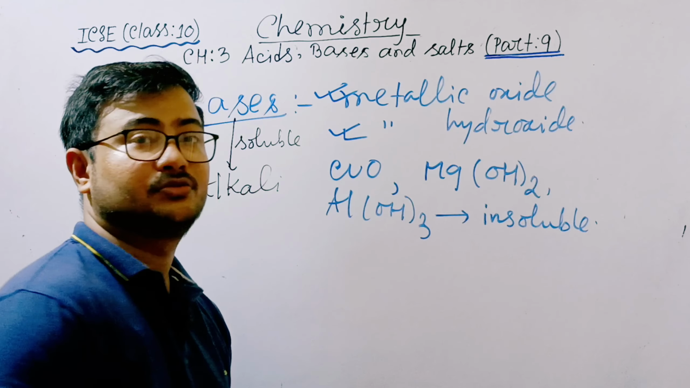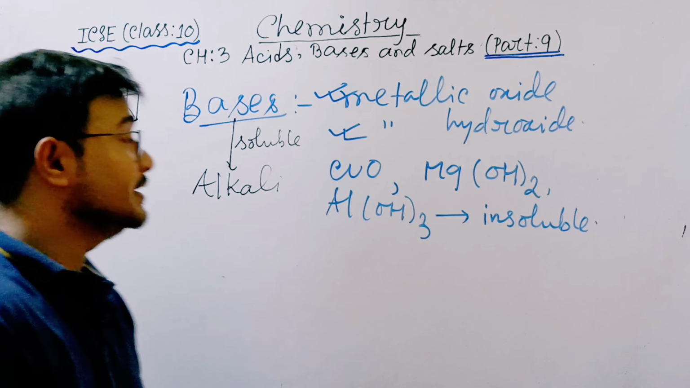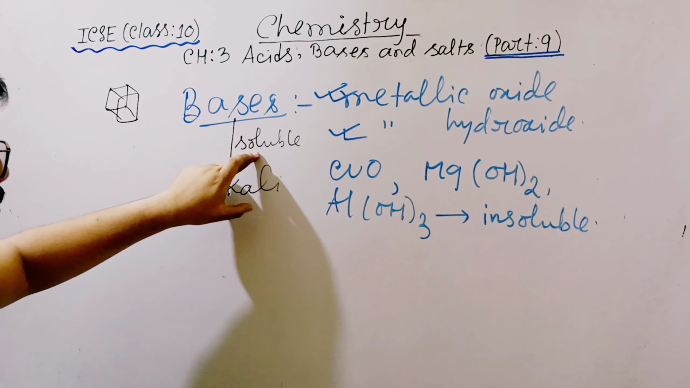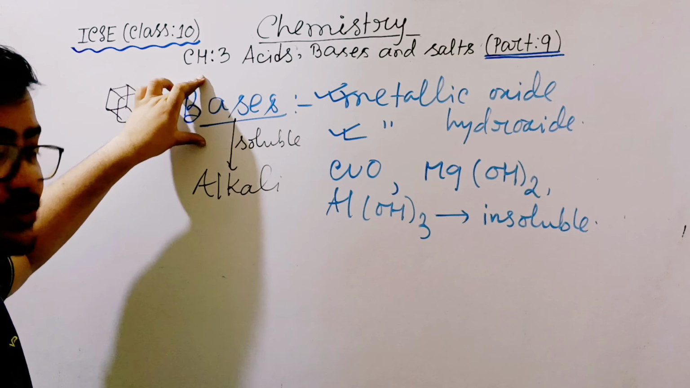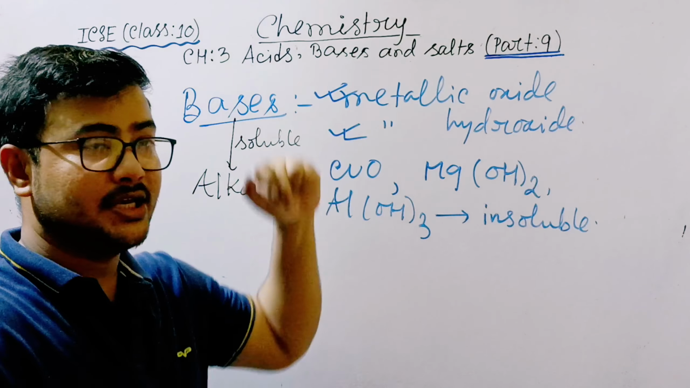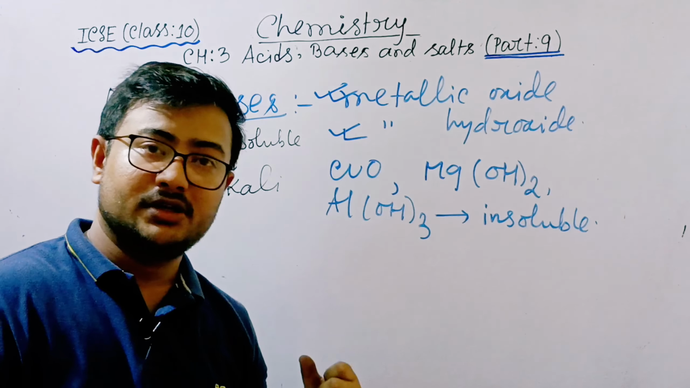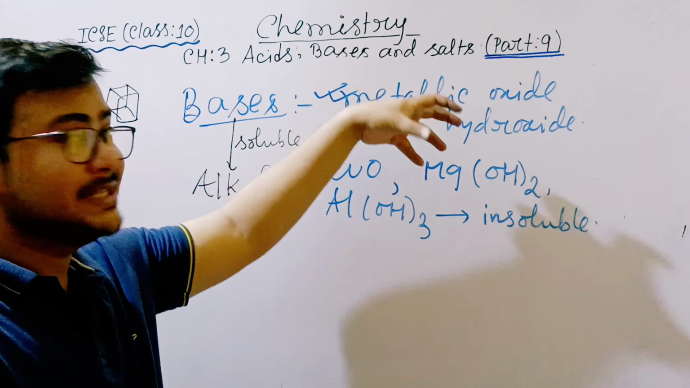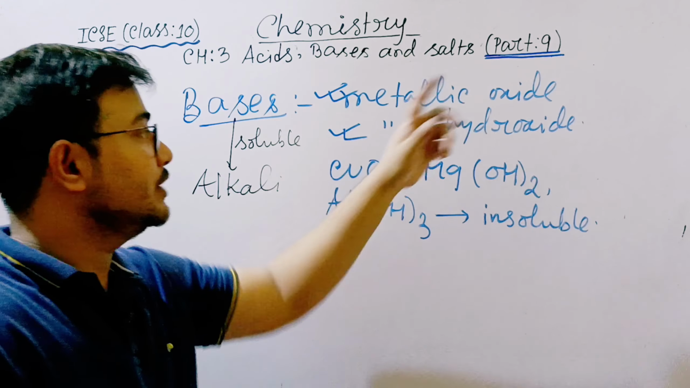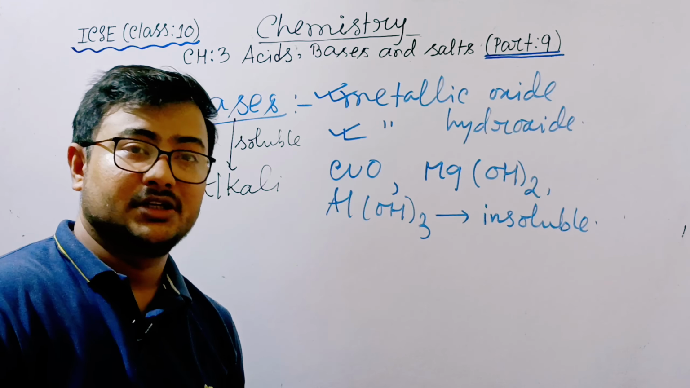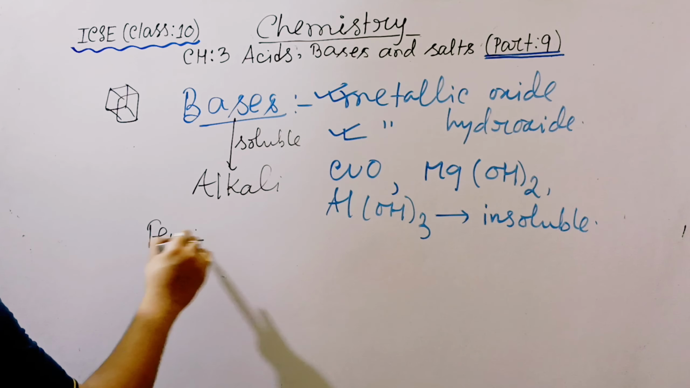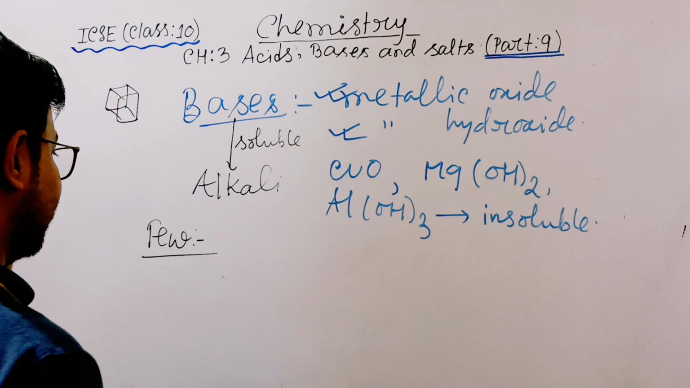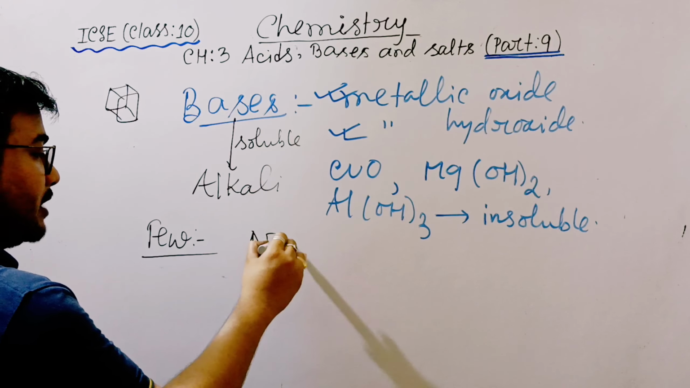So we have a problem. Again, a base, if soluble, is called an alkali. In the definition of base, we already have the words metallic oxide and metallic hydroxide. But the problem is that most of the metallic oxides and hydroxides are insoluble. But a few hydroxides are there. The answer is sodium hydroxide,